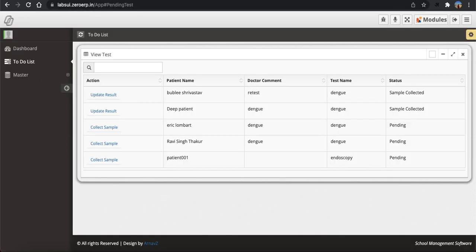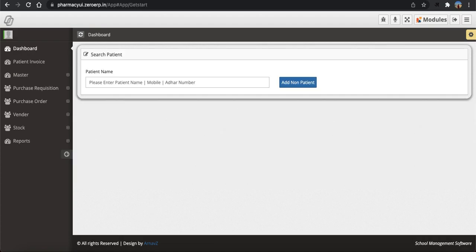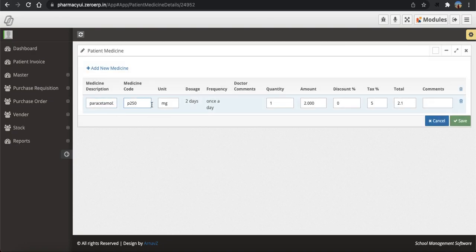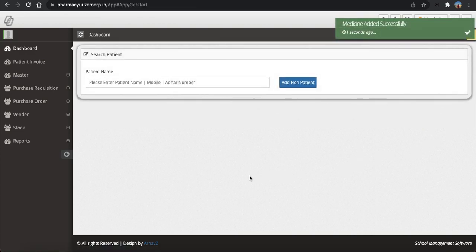Once you click on the pharmacy, you will see here. So we are in the pharmacy, and you can see this patient and whatever the doctor has recommended to him. You can see the paracetamol actually appears here with amount and tax. Now tax is something that is optional. You can turn it off, or you can change it from here as well. As soon as you save it,